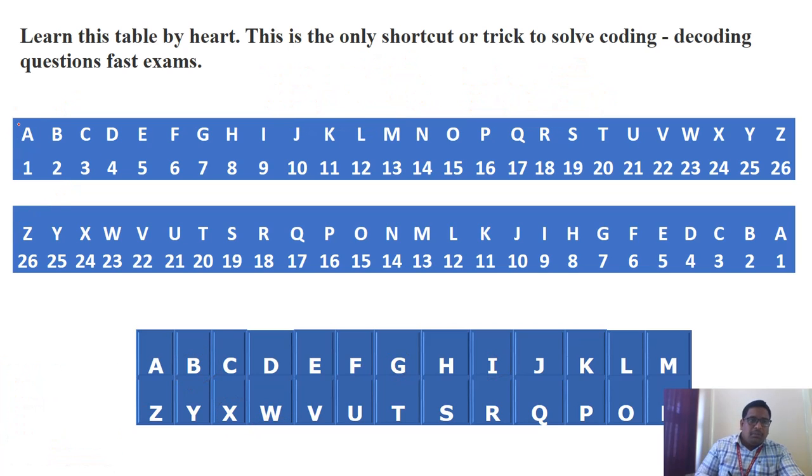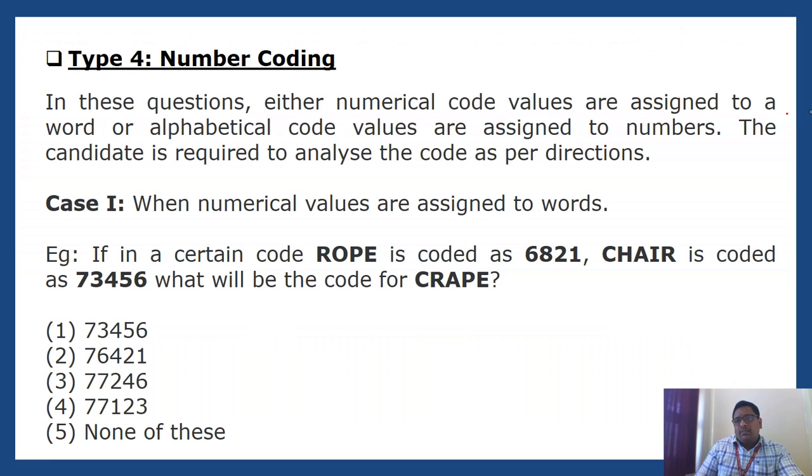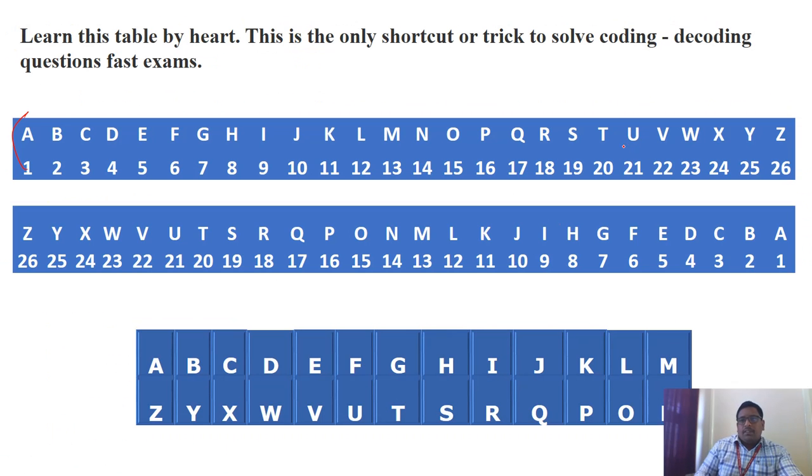You have to remember the numbers from A to Z. If I ask A, everybody says it's 1. If I ask Z, everybody says 26. But if I ask L, M, N, they'll take a little bit of time to think. So it's better you write down A to Z with 1 to 26, or there is one more shortcut, we call it as